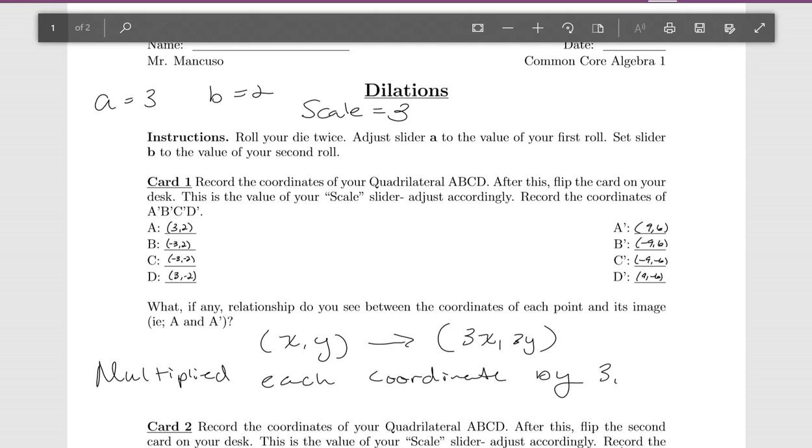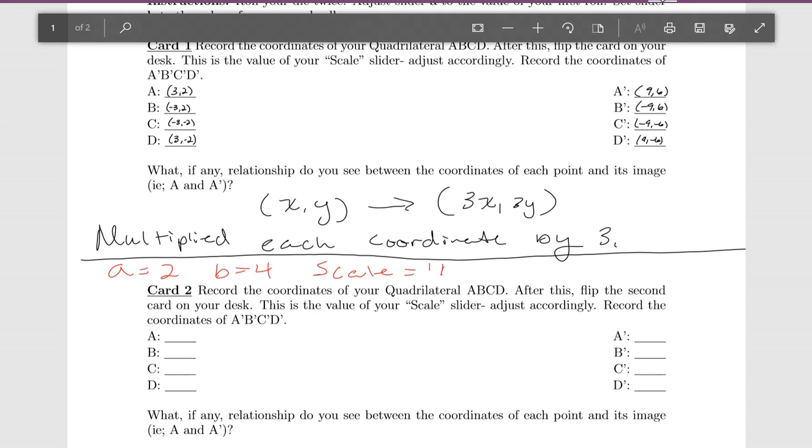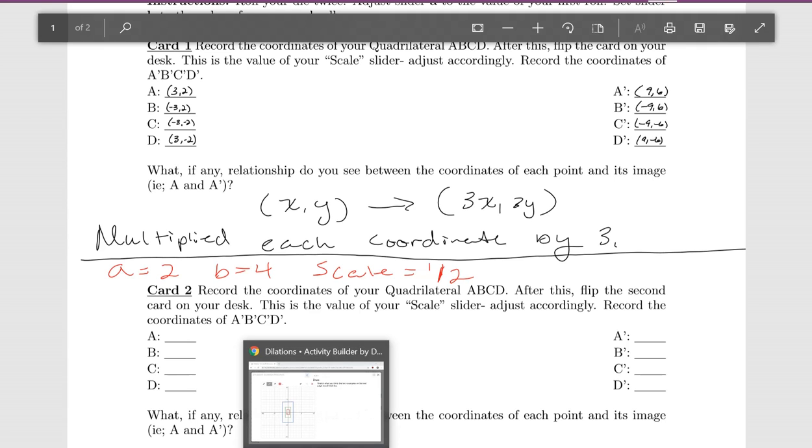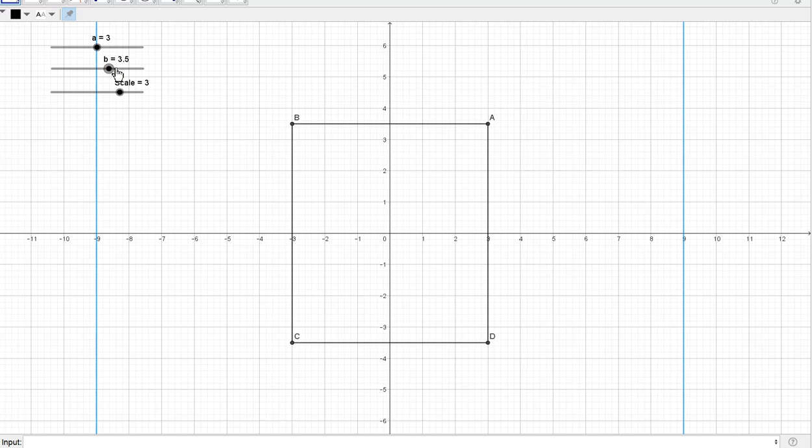Great. So let's look at, it says here card 2, but you guys don't have cards, so let's just make up some new values for your A, B, and scale factor. Let's call our A 2, our B 4, and our scale factor will be 1/2. So if I go back to my GeoGebra here, my B will be 4,